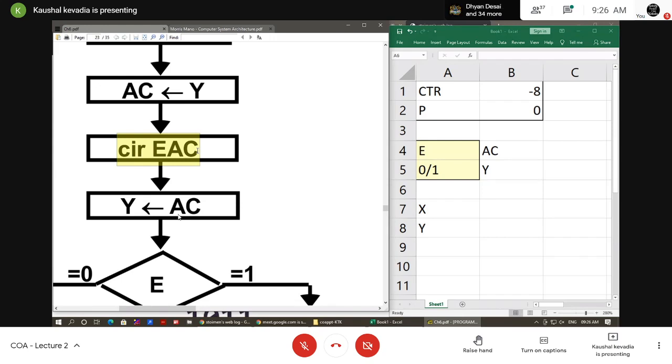Everybody clear? Okay, यहाँ पे हम right shift क्यों कर रहे हैं? Because we want the rightmost bit of y, because we want to do the multiplication of that binary digit to the x. Okay, so simply we want to do the right shift of this E and AC both,